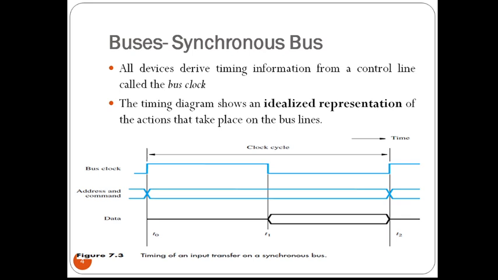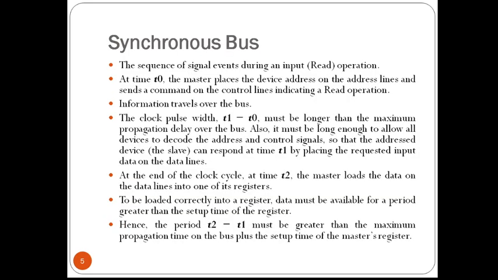At the crossing points, these indicate the times at which these patterns are going to change. So there is a cross line at clock t0, and then at clock cycle t2 there is a cross line. This indicates the change in the pattern. A signal line in an intermediate or high impedance state is represented by an intermediate level halfway between the low and the high signal levels.